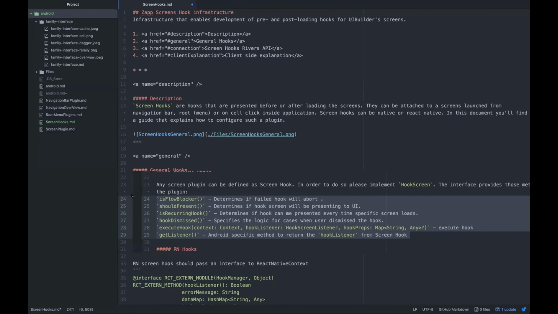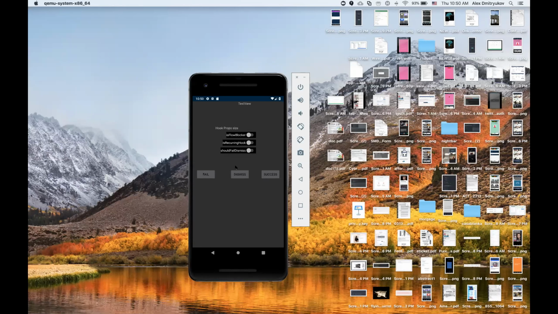For example, if we said that the hook can be dismissed without breaking the flow, which is the flow breaker on top, and this is a non-recurring hook, it means that next time we open the same screen, we're not going to see this hook played over again. So it can probably be used for the login or some specific screens that you don't need to show every time we go into the screen, maybe ads.